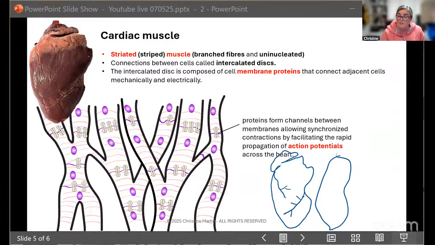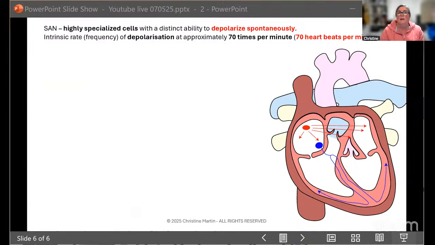If they're asking you to draw the heart, I would start off with my pencil, drawing a box, and then I would add in my extra bits to bring in my septum. I don't think they'd ask you to do that. I do think a diagram is coming in on a biological drawing, but I don't know what it will be.